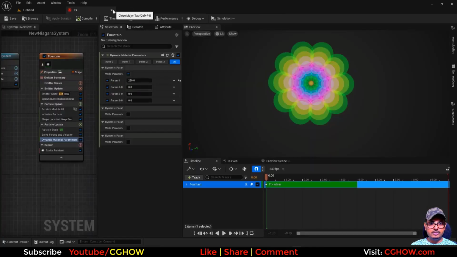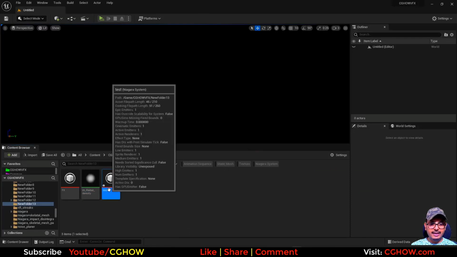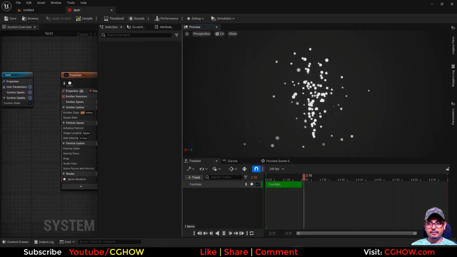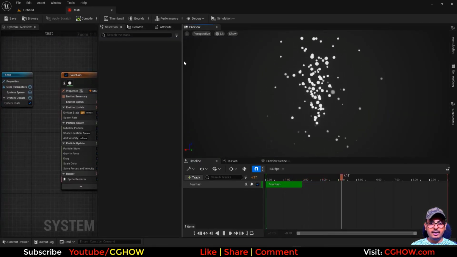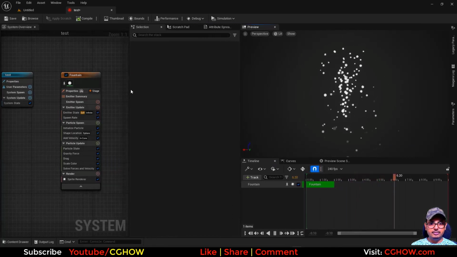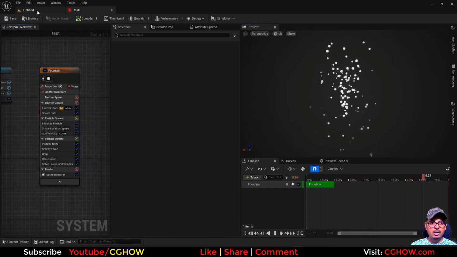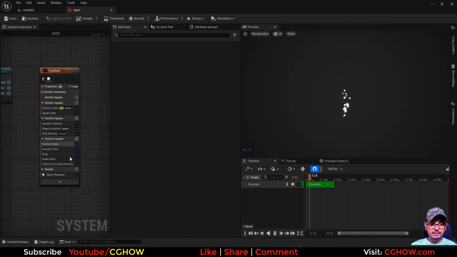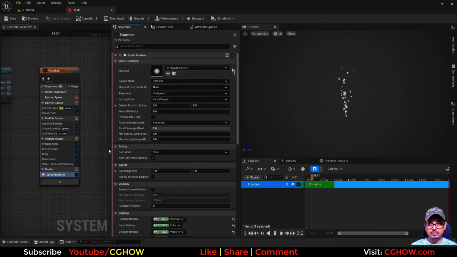So I'll just close this and this, and in my test effect, this is a simple fountain we have, and let's make some space here also. So I'll use that material here in this fountain, and I'll